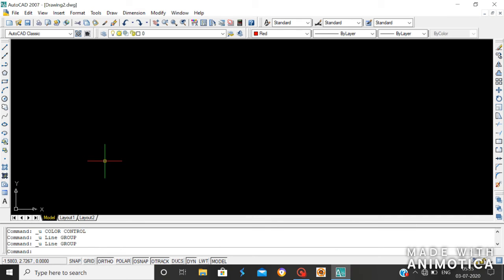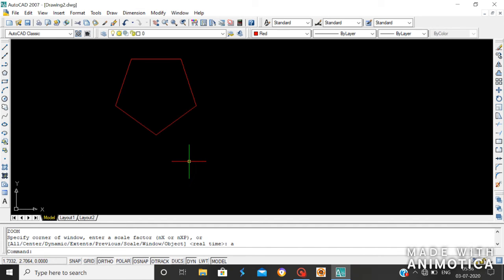Now let's say you have 3 circumferential points of a circle. Then you have to use the 3-point circle method to draw a circle. Basically, this is a very useful method for drawing the outer circle of any polygon. You can see there is a polygon here.